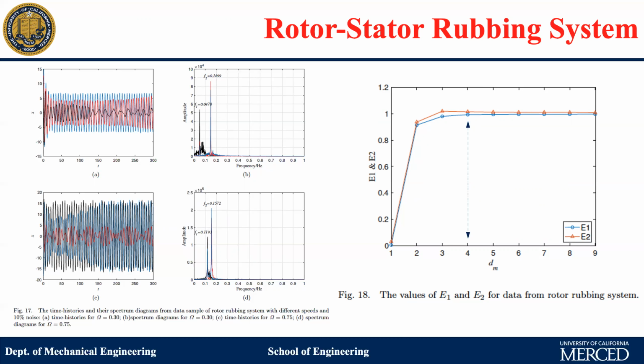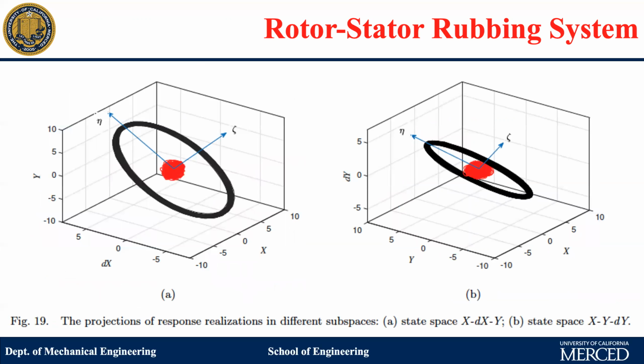And then we also evaluate the embedding dimension indices E1 and E2. It turns out at about 4, both indices converge to nearly 1. That's a strong indication that the data we have is actually generated by a 4-dimensional state space system. Then we take the data and apply the generalized mapping, and we find essentially 2